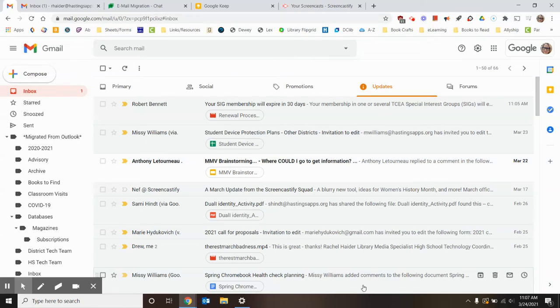As we make the transition from our Hastings.K12 Outlook accounts and move into our ISD 200 Gmail accounts, I wanted to take a couple minutes and walk through some of the settings that you can look at in a couple of different videos to personalize the way your Gmail inbox looks, potentially either just showing you some cool features that you may not be aware of because we haven't used Gmail as our primary email address, or just some ways that you can make it look a little bit more like Outlook or help you function